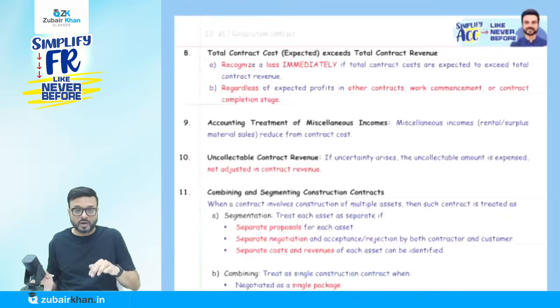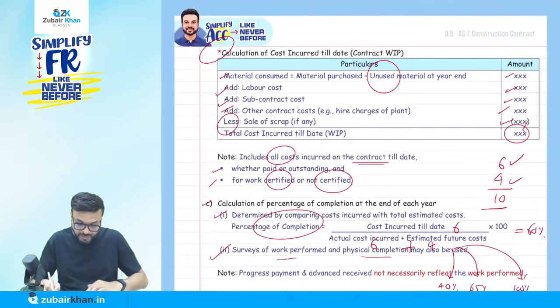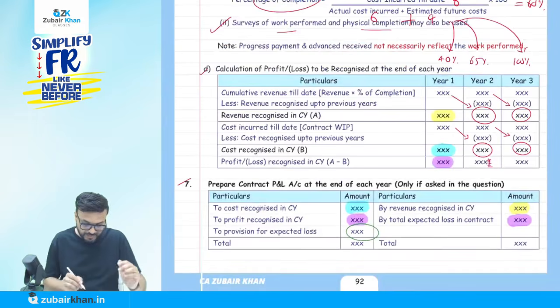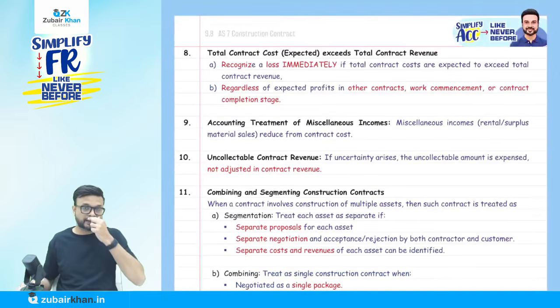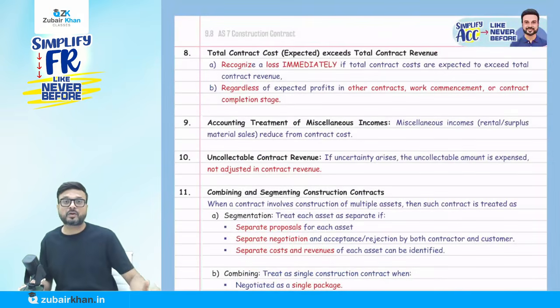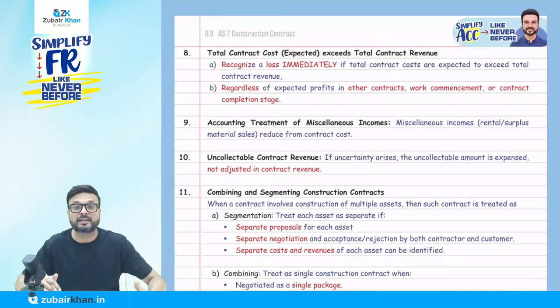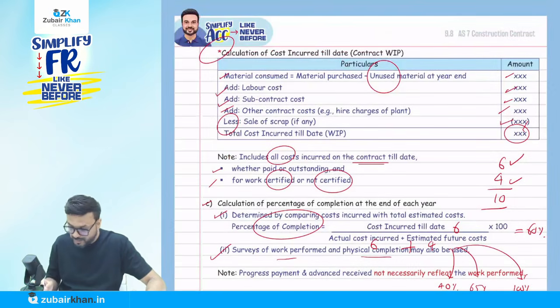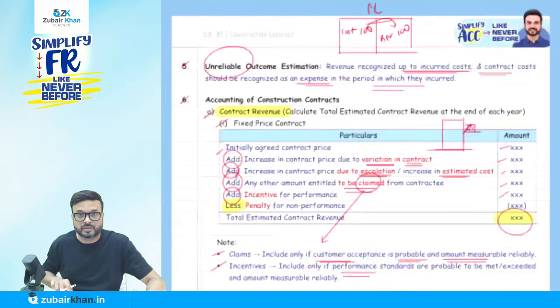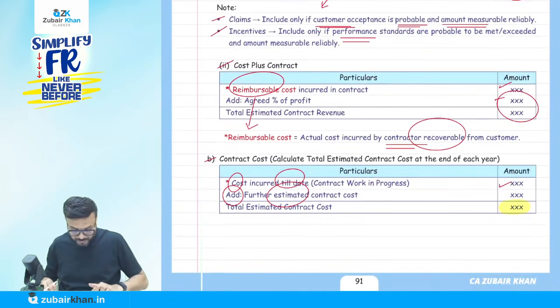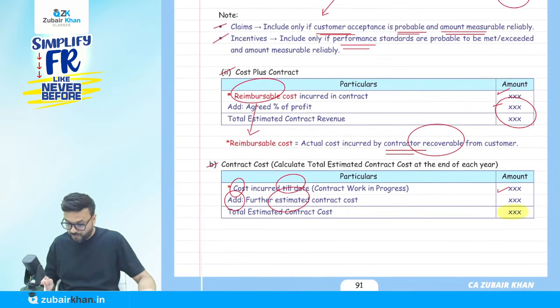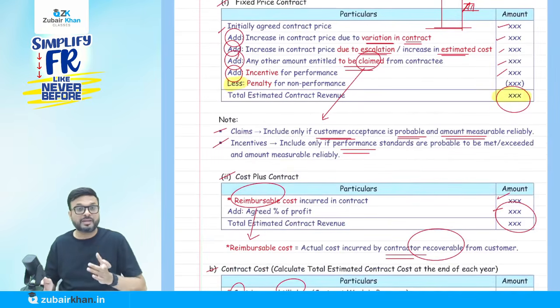Now I am coming to the next point. Point number 8 says: the total contract cost is expected to exceed the total contract revenue. Do you remember that in point number B, we calculate the total contract cost? So if my total contract cost is going to be more than total contract revenue, we have to recognize the